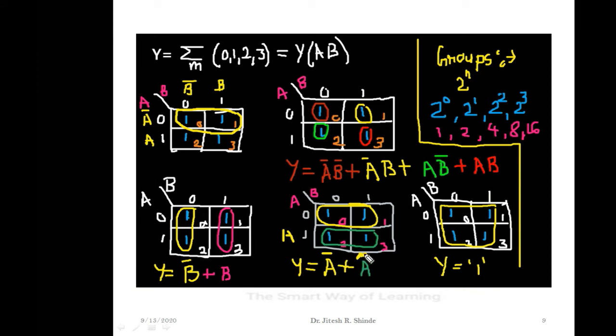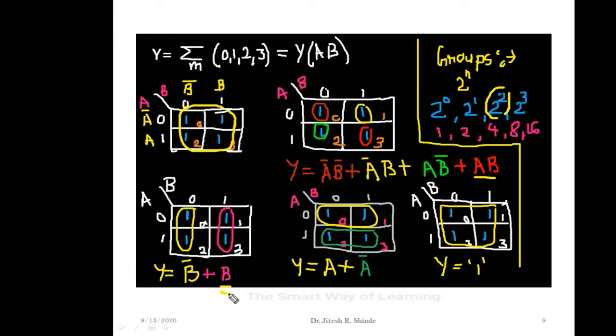Now instead of going with a grouping of 2 to the power 0 and 2 to the power 1, we will go with a grouping of 2 to the power 2, meaning a group of 4 ones. The group of 4 ones can be formed in this way. Are we getting anything in common row wise? No. Column wise? No. So the answer is Y equal to 1. If all the columns are filled with 1, the output will be directly connected to the power supply, that is VCC. Thus 2 to the power 0 produces a min term consisting of 2 literals. 2 to the power 1 creates a min term consisting of only 1 literal, meaning it reduces the hardware.